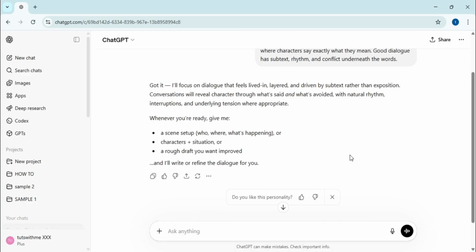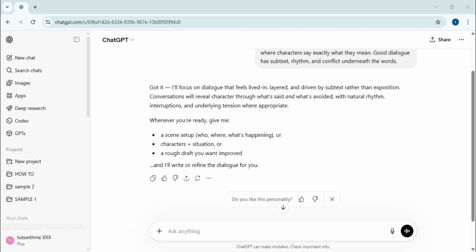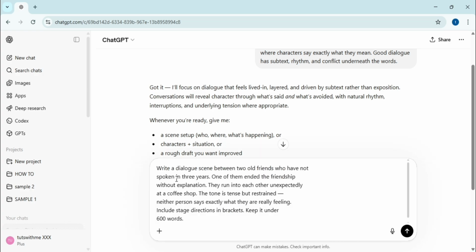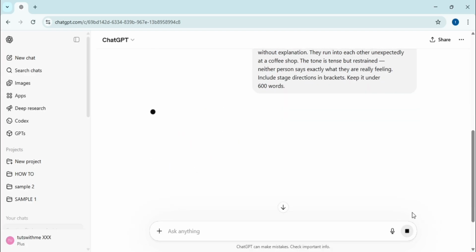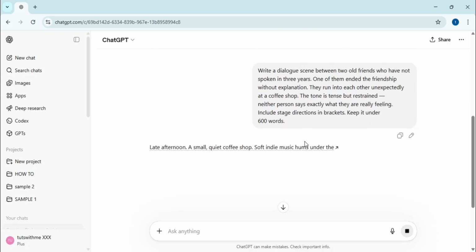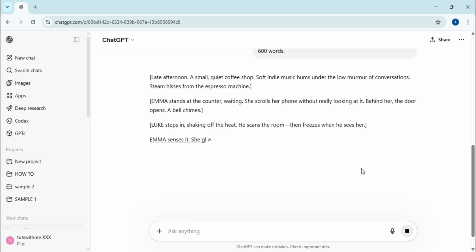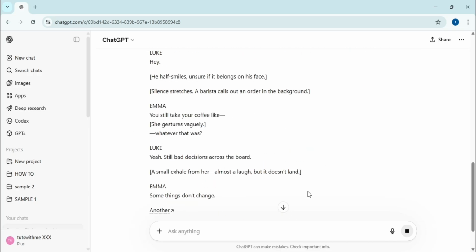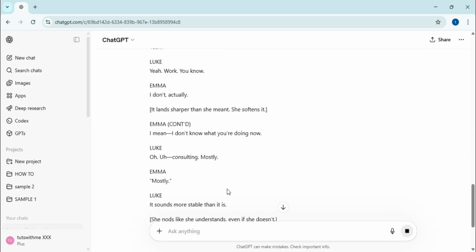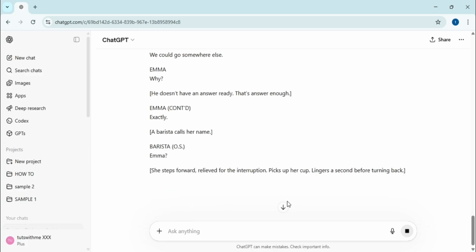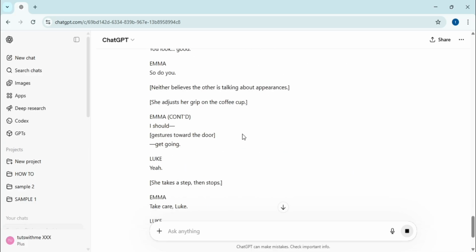Once the AI confirms its new role and outlines how it can help, I'll provide a prompt for a specific scenario. I'm asking for a tense, restrained scene at a coffee shop where two estranged friends run into each other for the first time in years. As the AI generates the response, you can see it creating a nuanced script between characters named Emma and Luke. The resulting dialogue successfully uses stage directions and brief, awkward exchanges to build a thick atmosphere of unspoken history and